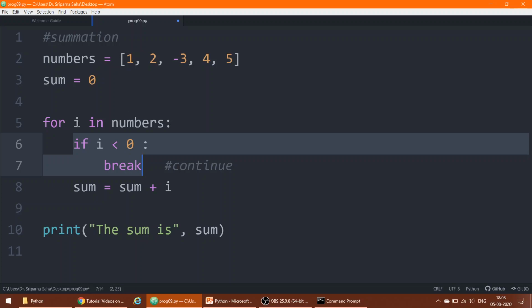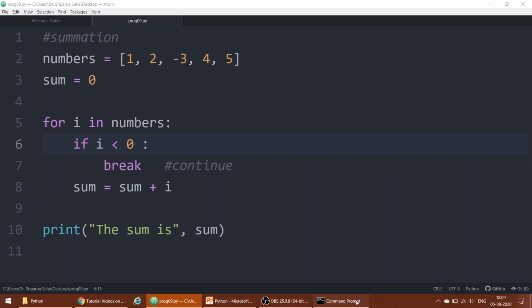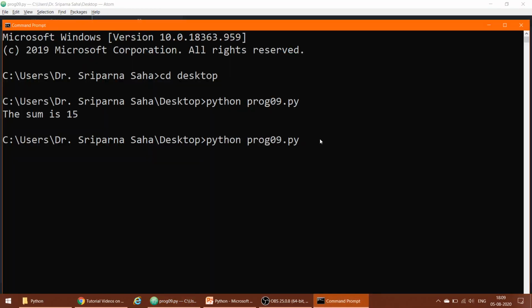So in the for loop, first we need to give a tab where we have written that if one particular element of the numbers variable is less than 0, then stop the execution of the program, or break from the for loop. Basically that is the break from the for loop. Let me save this particular thing. I have done Ctrl+S, or you can go from here, file, then save. This particular code is on my desktop. So let me run this code once again.